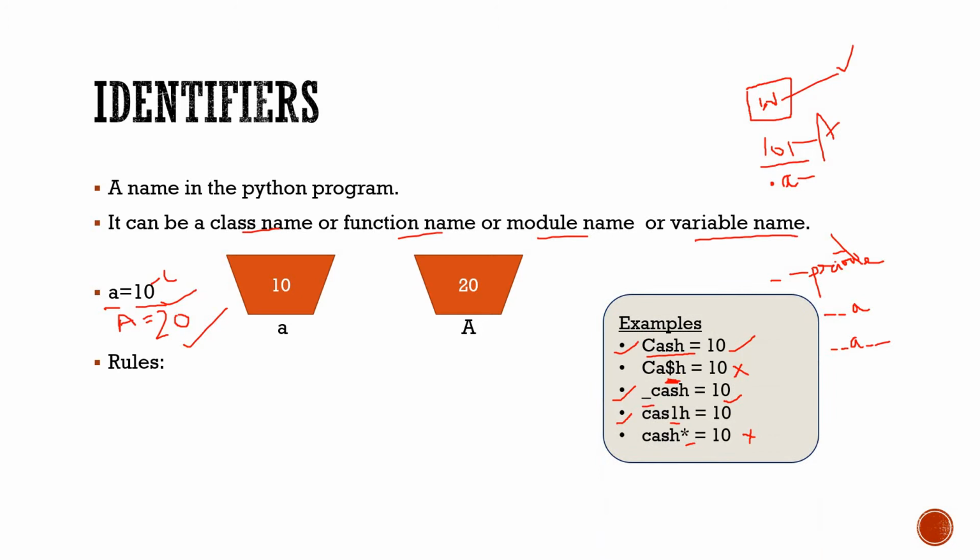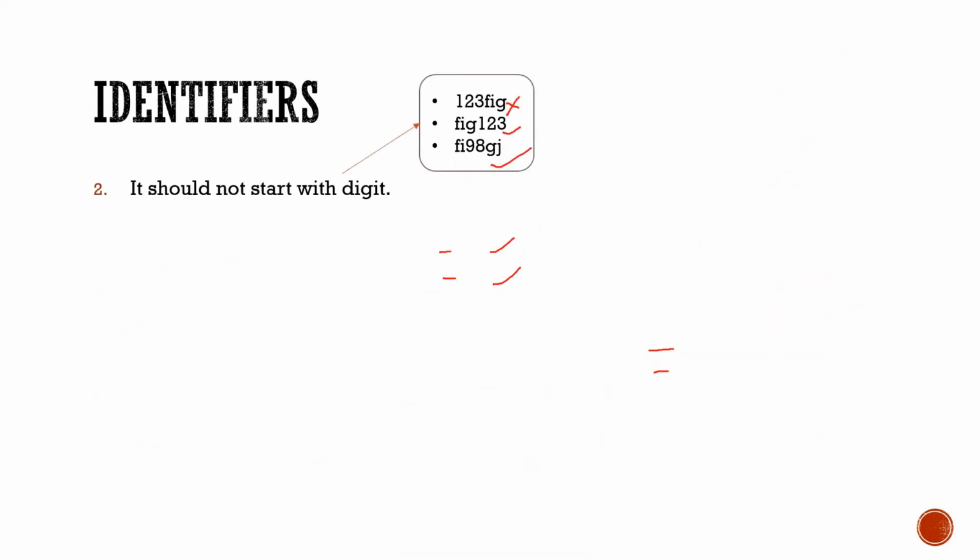Then we studied about the rules of identifier. First one, all the alphabets can be used. After that 0 to 9 digits are used and an underscore symbol is used. Single underscore represents that the identifier is private. After that we are having another rule, which is it should not start with a digit. We can use digit in the middle or at the end, but not at the starting. Means the first place should not be a digit.